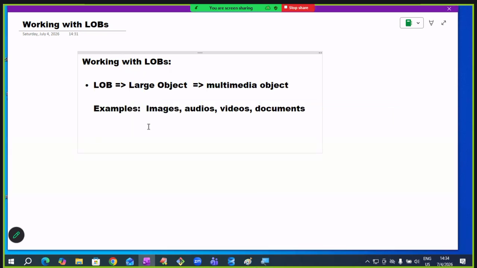To maintain images, audios, videos, documents, to maintain these things,